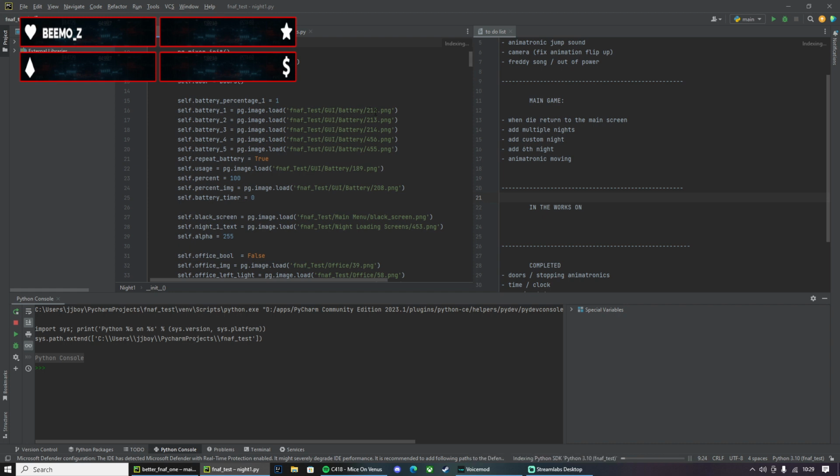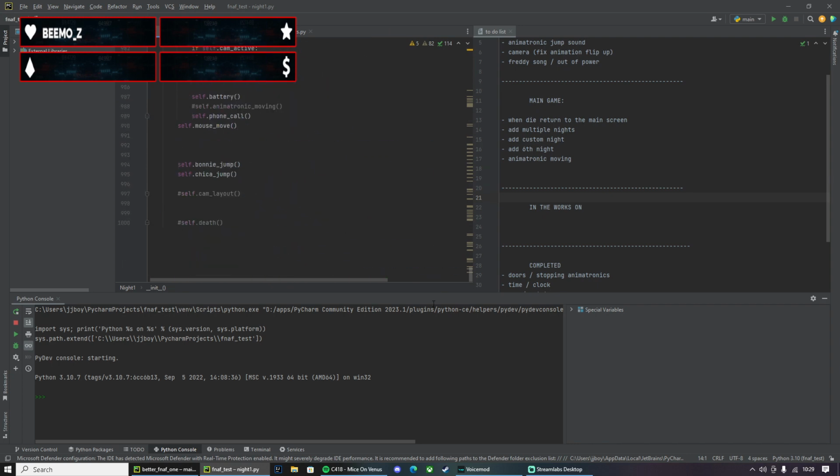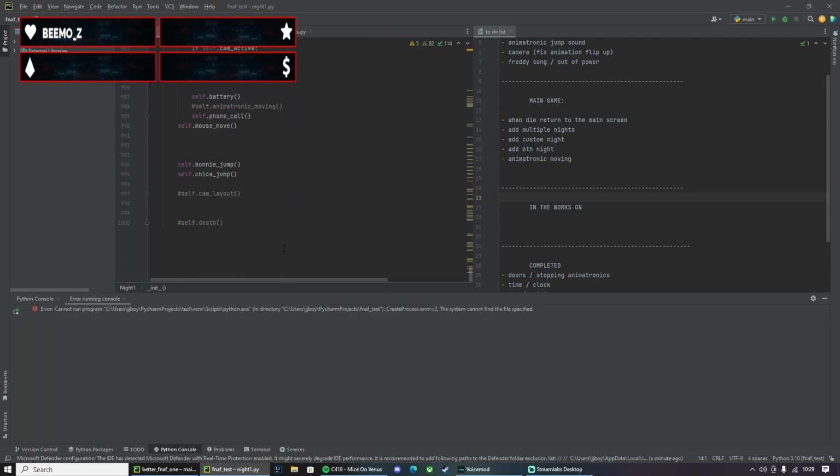I had to individually add the images, and I have no clue why I did this. I probably had no idea what the lists were. Look, percentage, I did this all individually. This one is my longest piece of code, 1,000 lines. Let's see what it does.